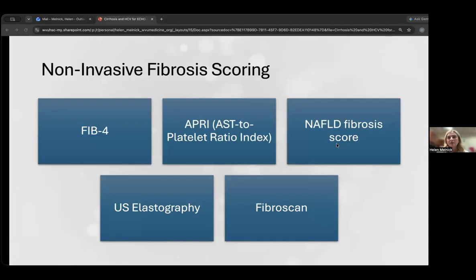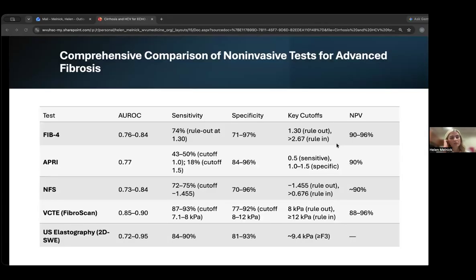Non-invasive scores like FIB-4 and APRI, which is AST to platelet ratio index, are widely used because they're inexpensive and validated. Elastography provides a more direct assessment of liver stiffness, and these tools help stratify risk and guide management without requiring biopsy. So I wanted to dive in a little bit more into these tests and why we use them